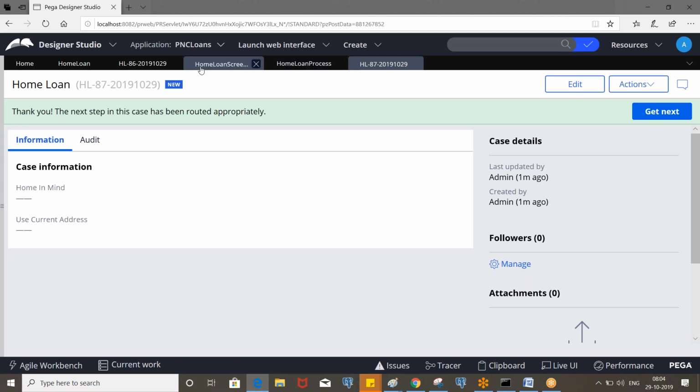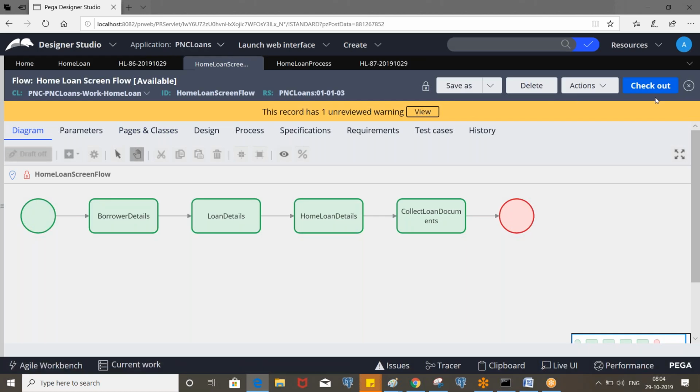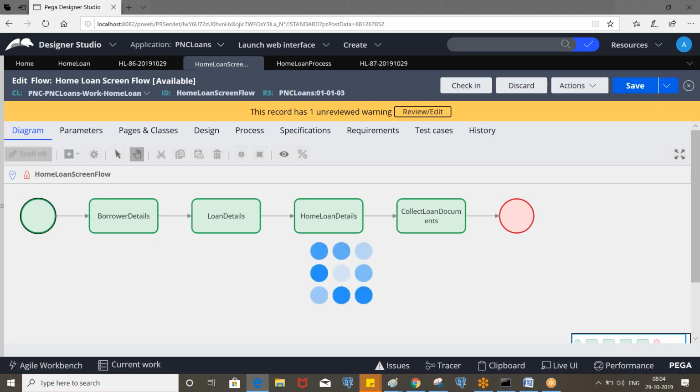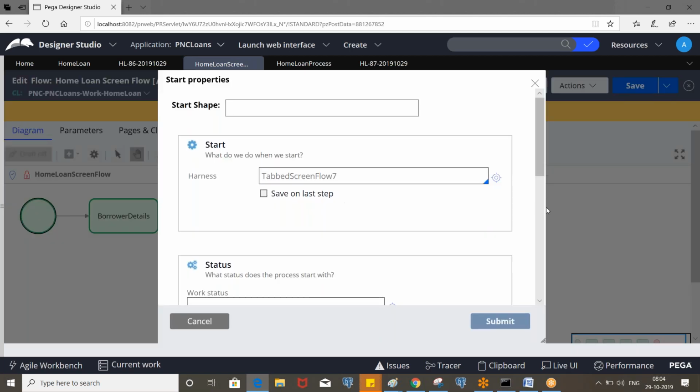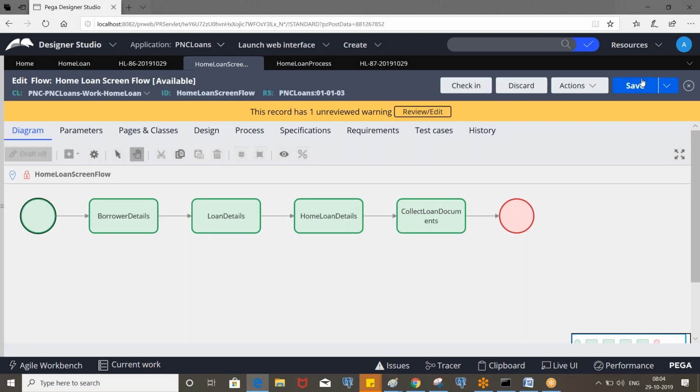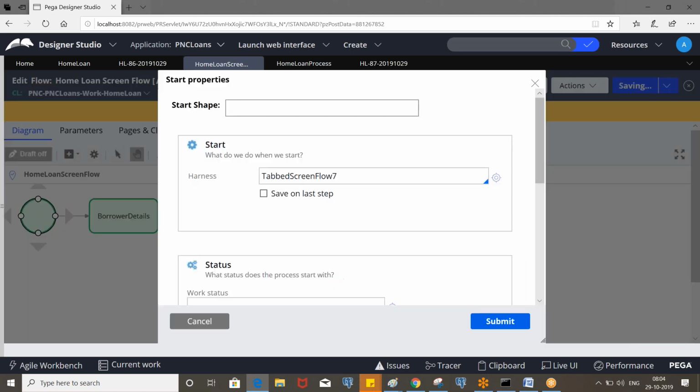Because in the screen flow, if you click on the start step of this, click on save on last step. Okay.